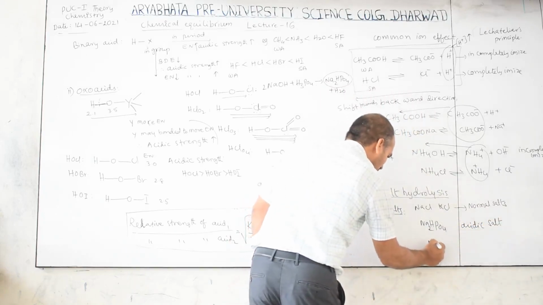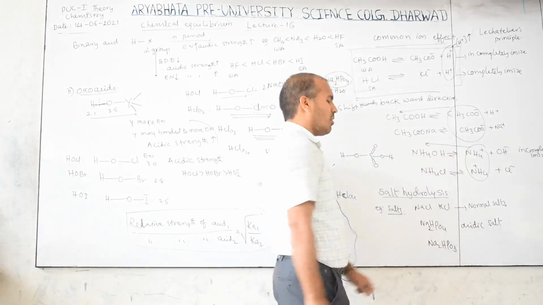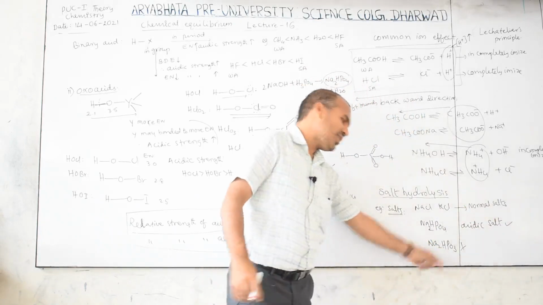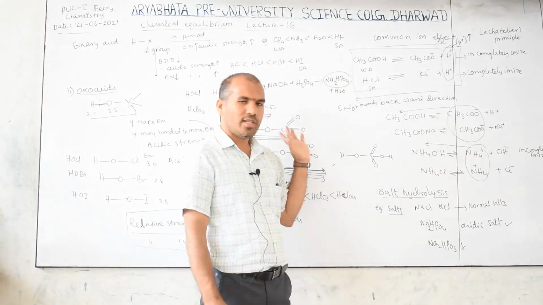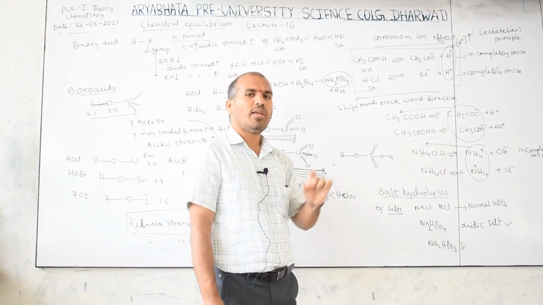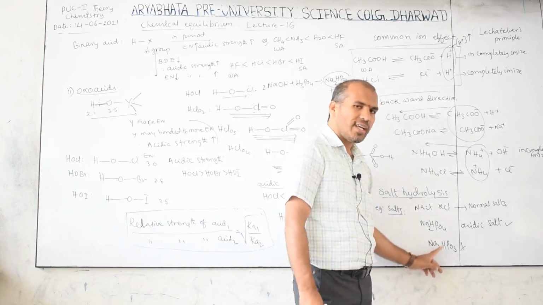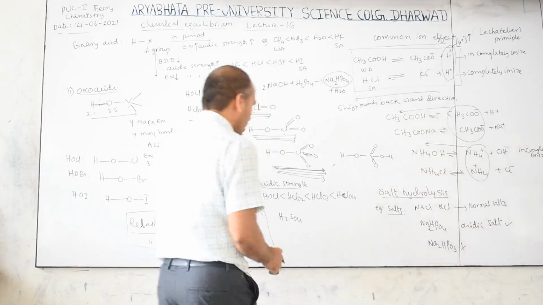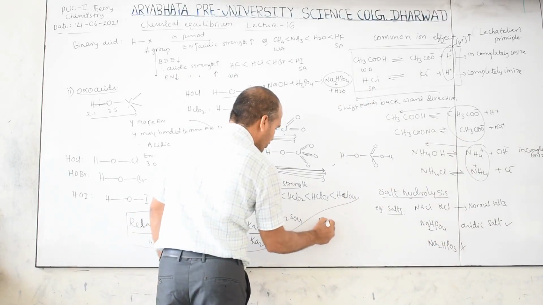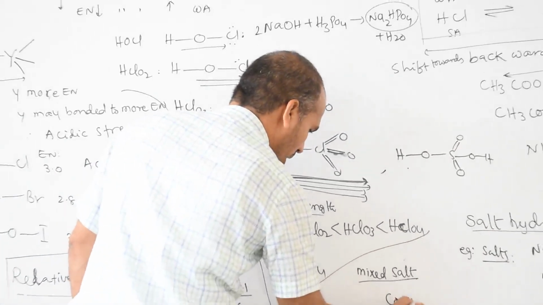But keep in mind, Na2HPO3, then what are you thinking, this is also an acidic salt? This is not an acidic salt. Reason: the hydrogen is directly bonded to phosphorus, as already shown in the polybasic acid. Those bonded to oxygen are replaceable, but the directly bonded hydrogen is not replaceable. Therefore this is not an acidic salt. Okay. Next, some more: mixed salt. Mixed salt means, this is considered COOH.